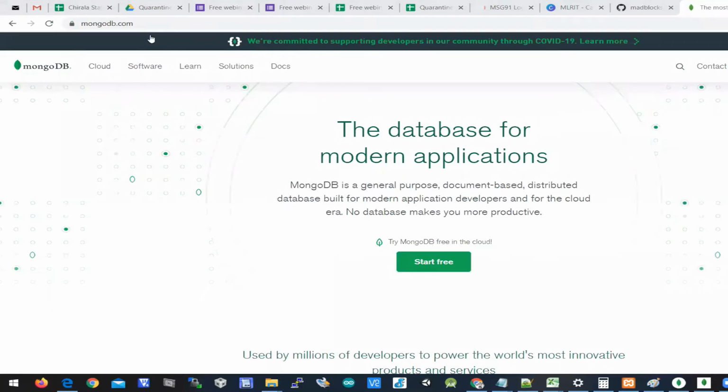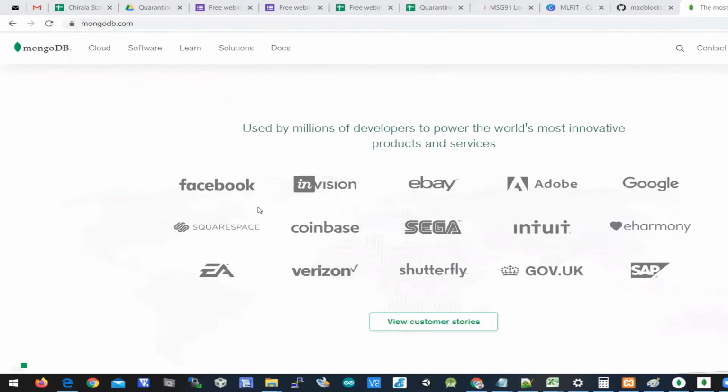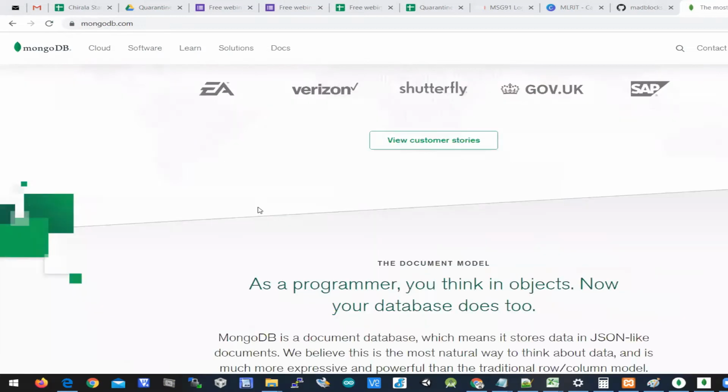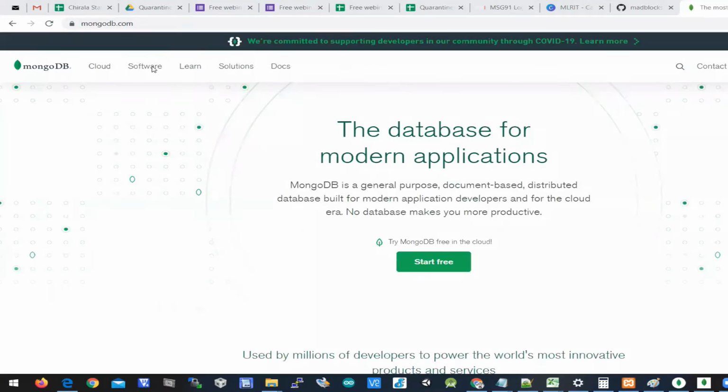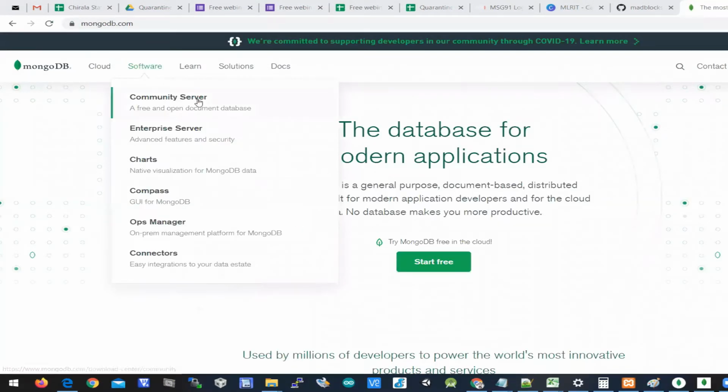If you open this website, you can see this page. Here you'll have an option called software. In software, you'll have different types of MongoDB software, out of which one is called community server. You need to click on community server, which is a free and open document database. As I said, MongoDB is a document driven database.